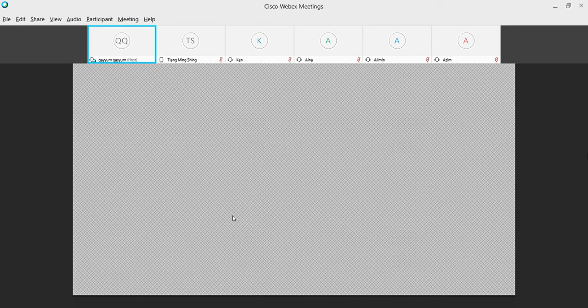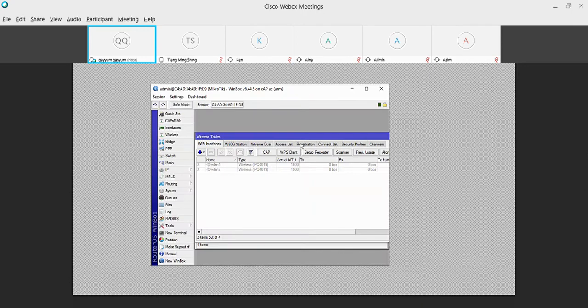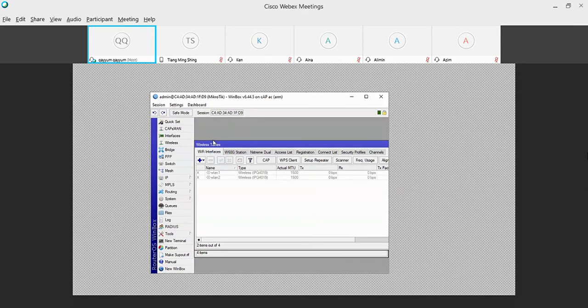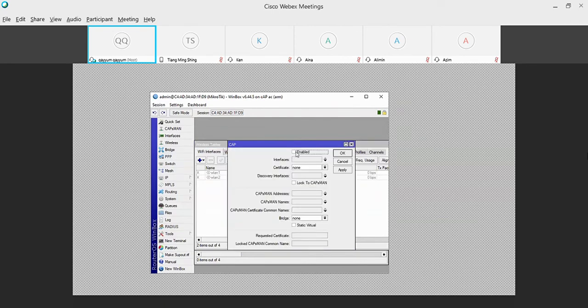I'm using a cAP ac. I'm logged into my CAP. For you to enable the CAPs mode is very easy. You go to wireless, you click the CAP and then you just click enable.